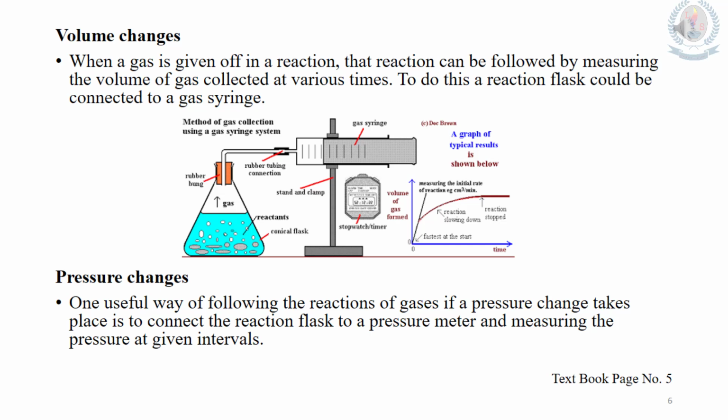Second method, volume changes. When a gas is given off in a reaction, if we consider magnesium react with dilute HCl, what are the products? Magnesium chloride and H2 gas. So there is a gas evolving. So those reactions, we can find out the rate of reaction by measuring the volume of gas collected at various time intervals. To do this type of reactions, we need a gas syringe or